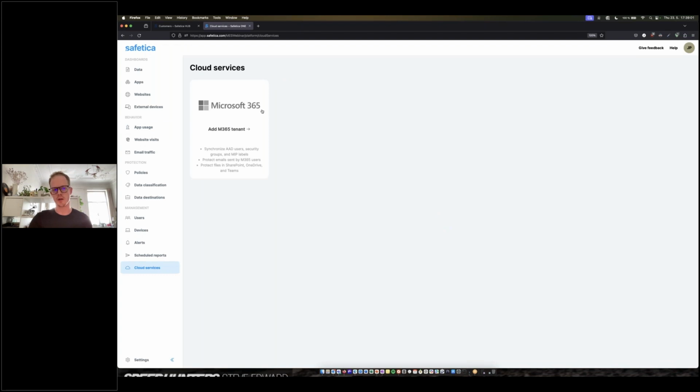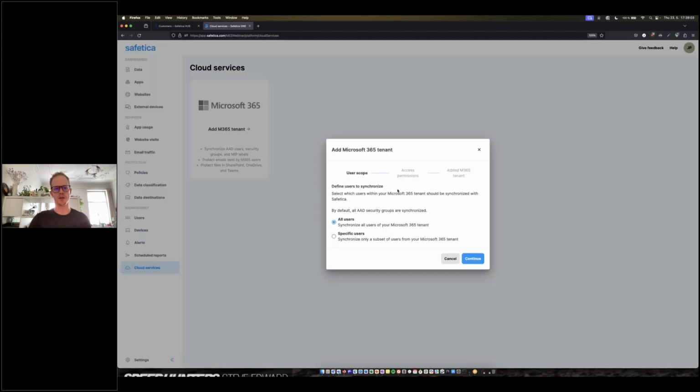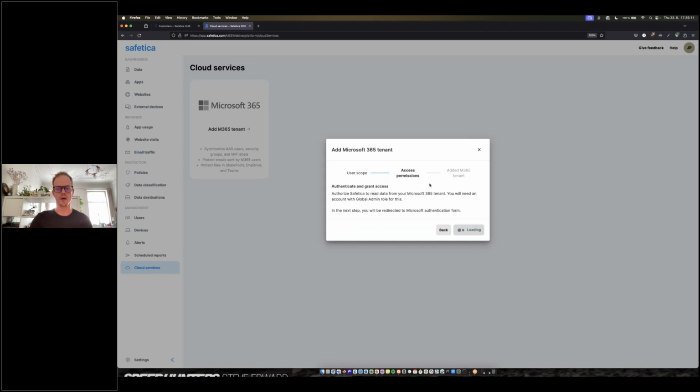So this is actually done via the 365 tenant. It's pretty straightforward in terms of getting that set up. As long as you're an admin within your 365 account, you'll just essentially do all users, continue, and it'll then ask you for permissions to add this tenant into your 365 environment. Once this is done loading, you would continue with authentication.